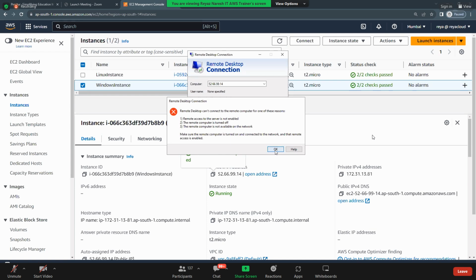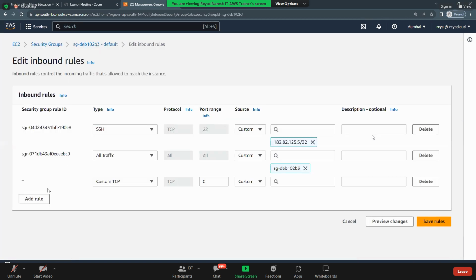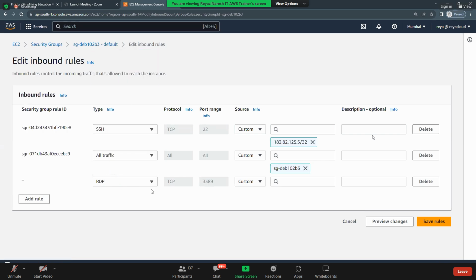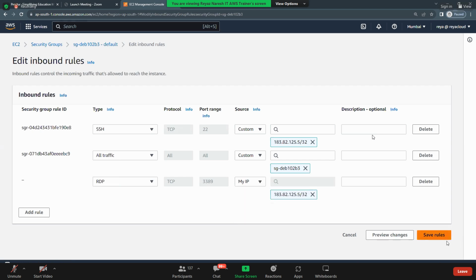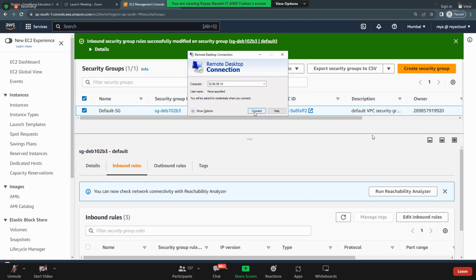So now go to the security group, inbound rules, edit, and add rule. Select RDP, my IP, and then save rules. Should I connect now? Connect.